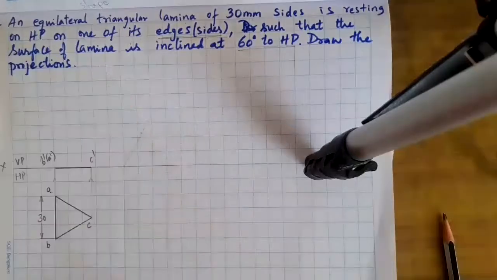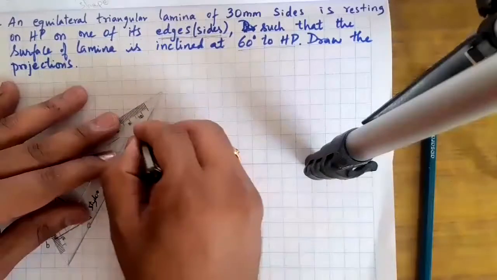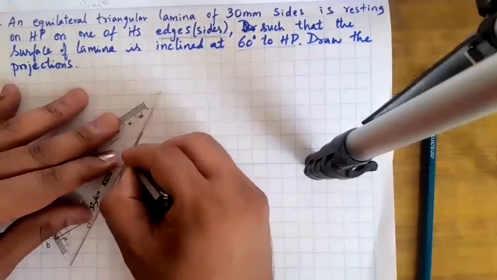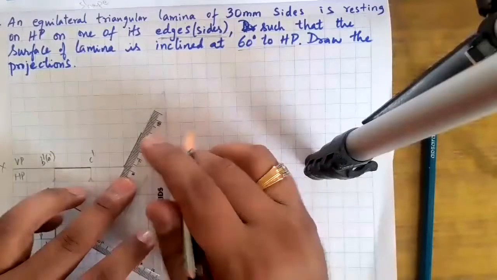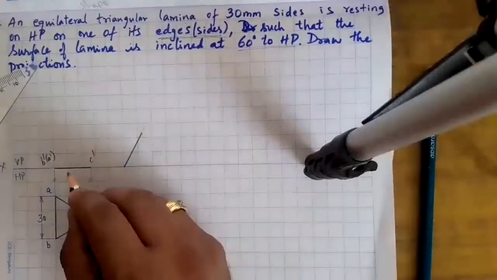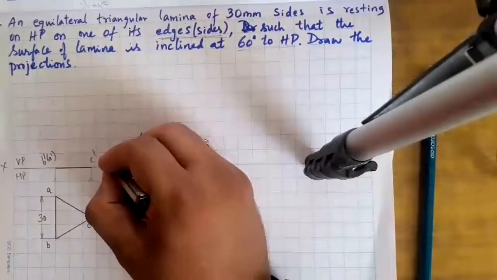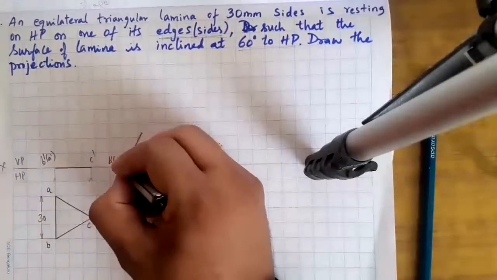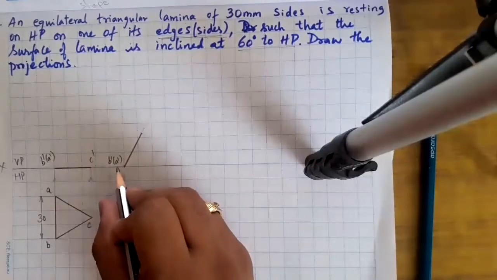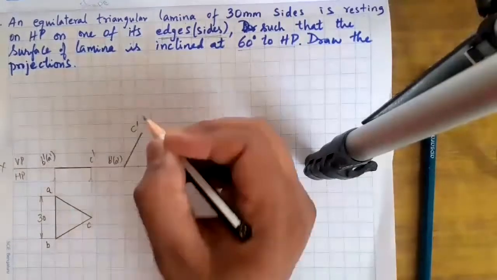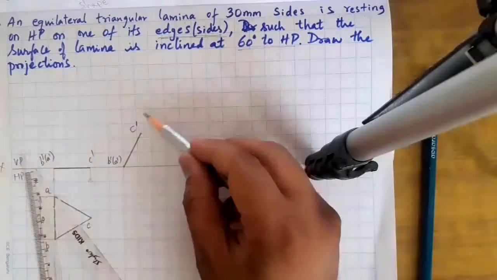This front view, I am using a different pencil for the front view, HB pencil, and I mention the front view. I'll just check my representation whether it is right, around 10, 20, 27 mm approximately it is. This distance and this distance must be the same. That is why I took the compass. So name it again, B dash, A dash is on the XY line. That means resting on an edge means there must be two names, A, B, and then this is C dash. Extra line. This is an extra line after this, which is not at all necessary.